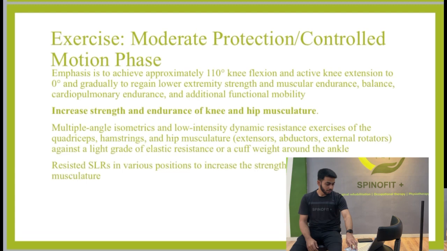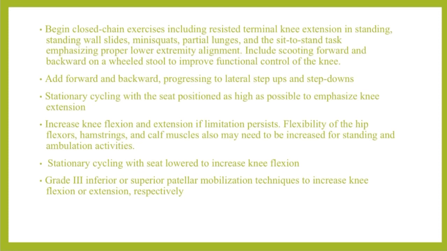Now moderate protection phase. In moderate protection phase, we will mainly assess pain, joint effusion. Joint effusion we can assess by measuring the girth, range of motion, patellar mobility and gait analysis. In this, our main goal will be to reduce swelling, increase the range of motion, knee flexion to 90 to 110 degrees, and increase the muscle strength to 4 to 5 out of 5 in the muscle strength grading, and to improve the balance and neuromuscular control and functional mobility. And also we will adhere the patient to the home exercise program.